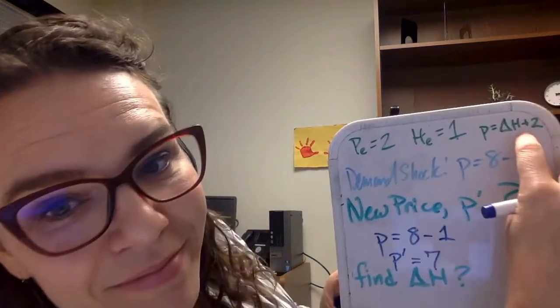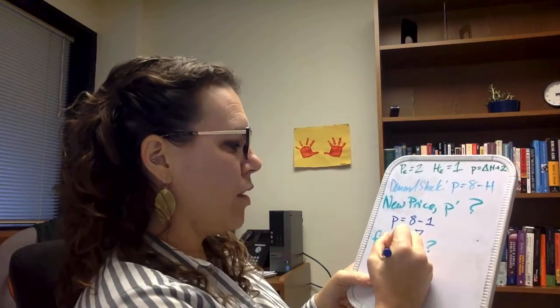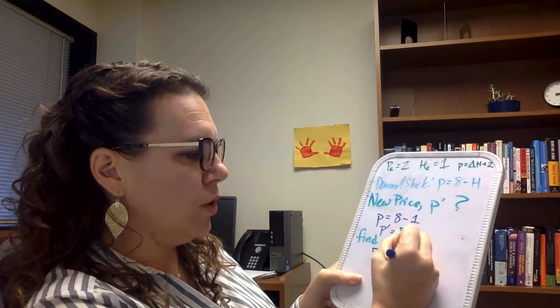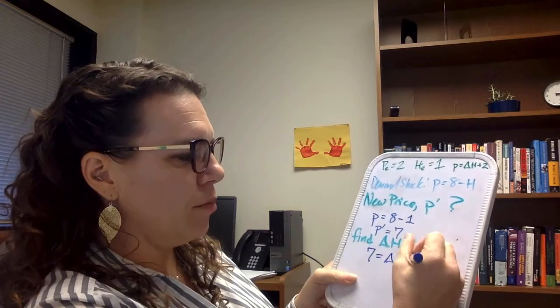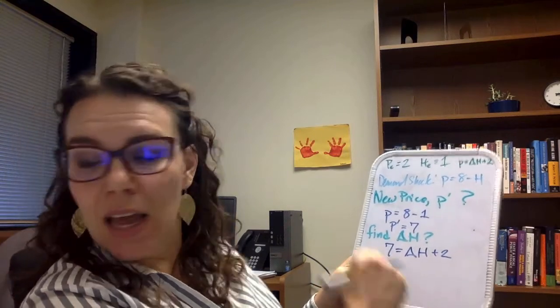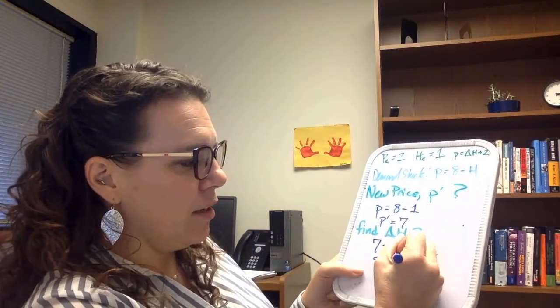So we plug that into our housing supply formula. So we've got the new P is 7 equal to change in H plus 2. So I'll subtract 2 from both sides, and I get that the new change in H is going to be